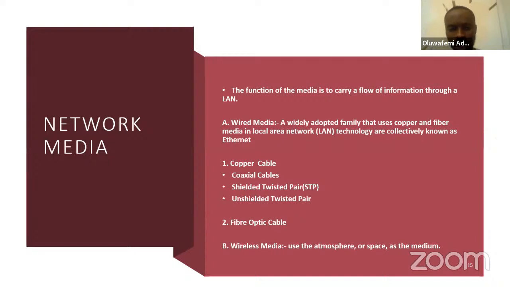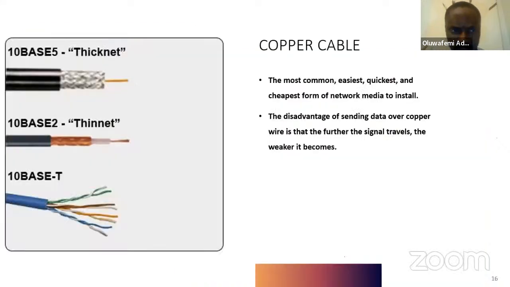Under the copper cable, we have coaxial cables, shielded twisted pair, unshielded twisted pair. So we'll take a look at them. Then we have the fiber optics. Then we have the wireless. We might not be able to go deep in the wireless because it might be a bit beyond the scope of this particular training, but we'll touch on the rest.